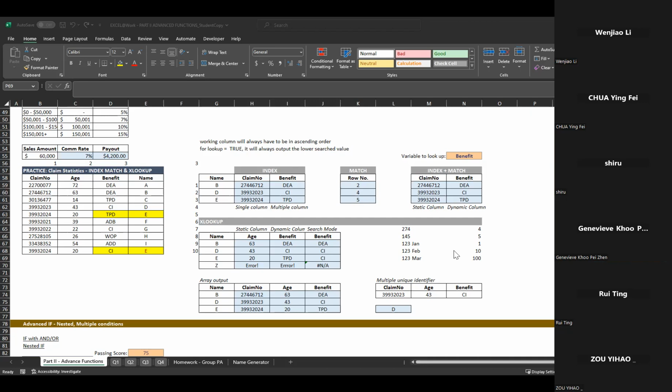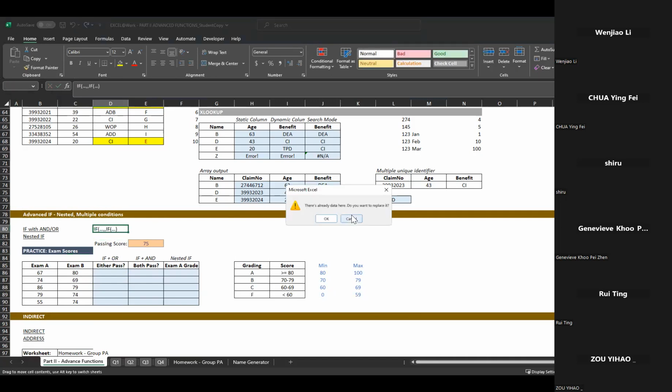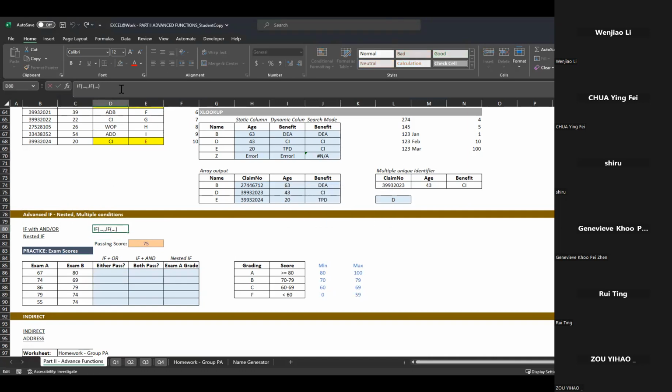Okay, so maybe let me continue. The next component is called nested ifs. You guys can see my screen, right? So the next part is nested ifs. Essentially what we're doing is if blah blah blah, then another if somewhere. Very bad syntax, but essentially we're trying to do nested ifs in the ifs.